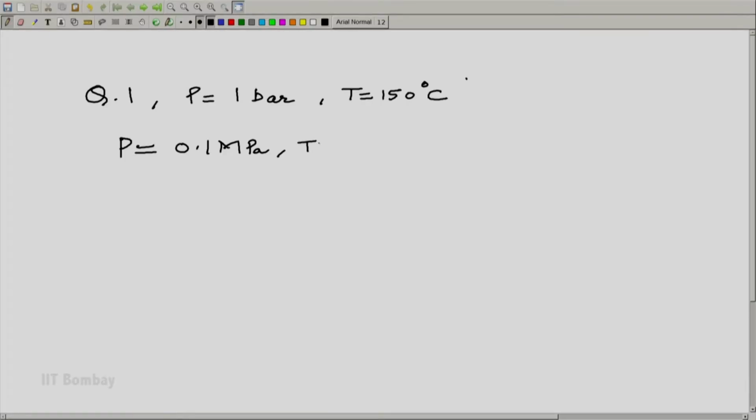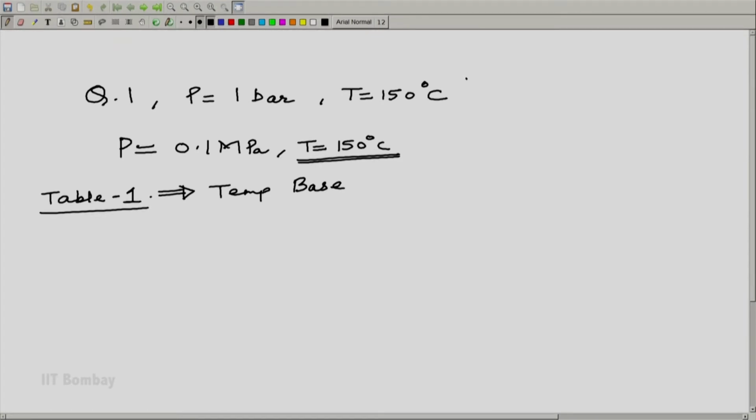Now, what we do, we first go to table 1. In table 1 we know that temperature is the base. So, let us go to table number 1, go to T is equal to 150 degree centigrade